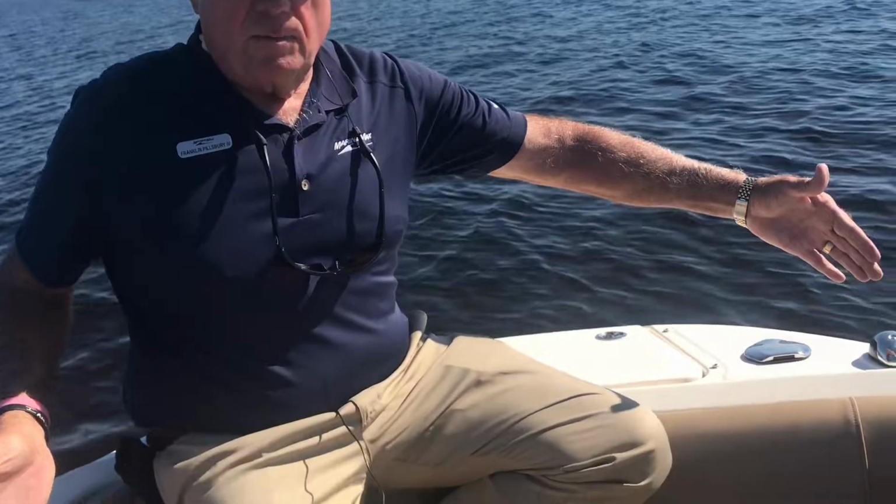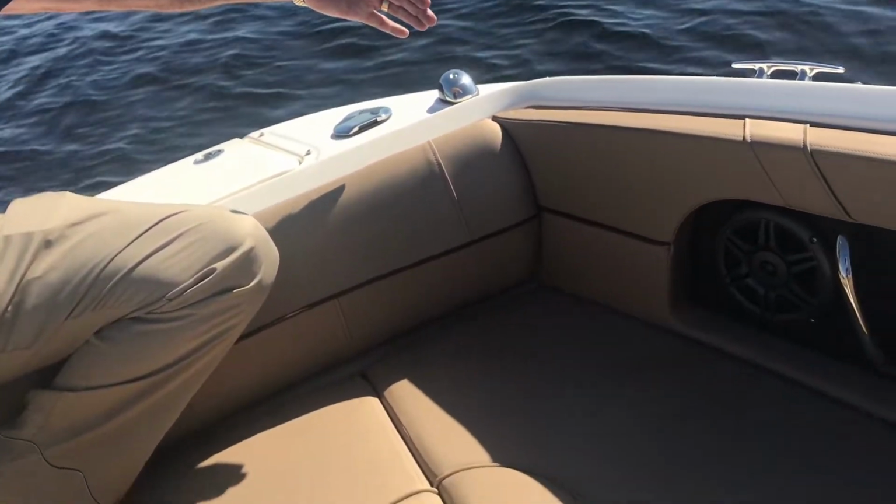And today I'm really excited to bring you a 22-foot Sea Ray Sundeck. This is an outboard boat, great boat for here in Southwest Florida. As you can see, lots of room here in the front with this extra wide bow, but a couple of